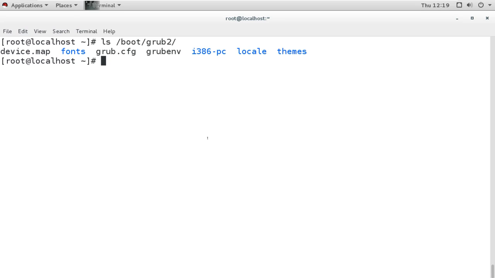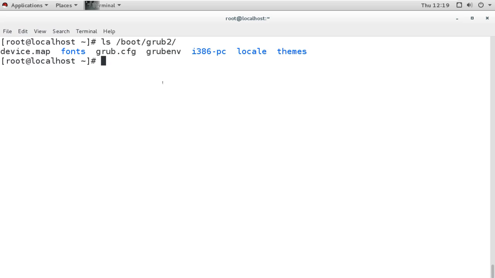It does its job by loading those files. Previously we could see those files, now we can't, because we don't have to see that. This GRUB 2 is the latest one, and here we cannot see the stage 1 and stage 2 files, but if you look at RHEL 6, you can see those files.